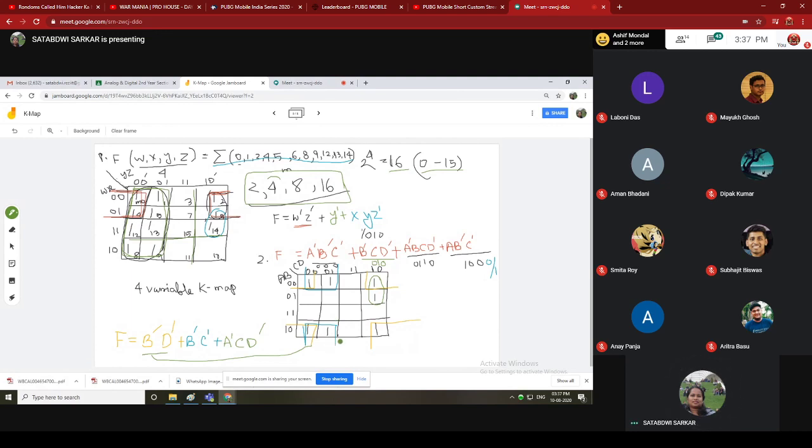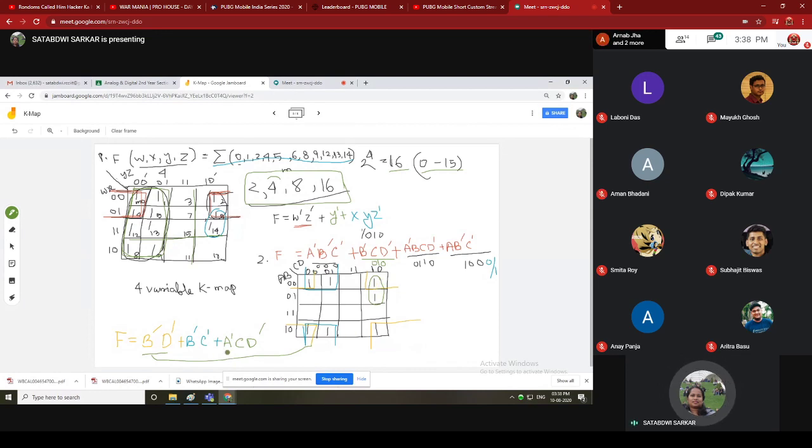Okay. So from these 4 cells, see the expression how it becomes B bar C bar. For these 2 cells having value of A is 0, B is 0, and here A is 1, B is 0, B is same, A is changing. We are not getting the changing value. But C is 0, 0, and D is 0, 1. So D is changing. So we are taking B and C, and both are having 0, 0. So it is B bar, C bar.